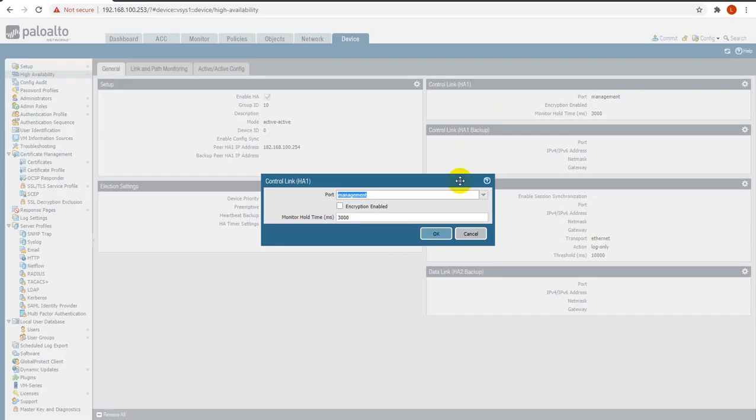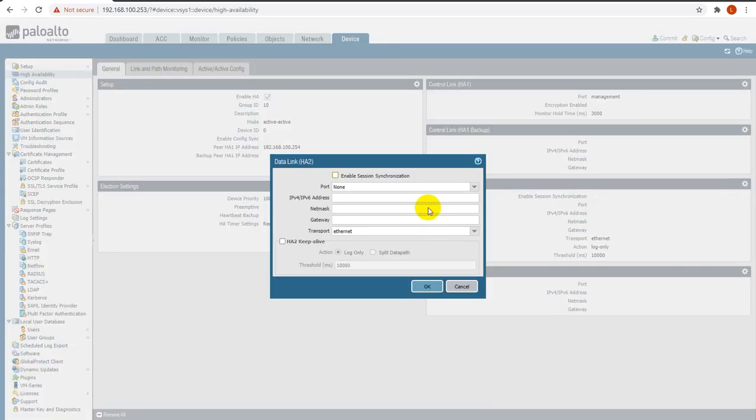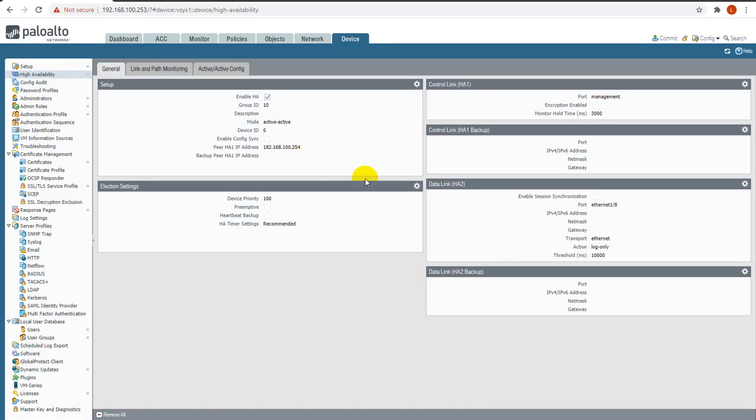After that, this one is our HA link 1. Which interface are we going to use? Management. We don't have an HA1 backup link. This is HA link 2. We are going to use our 8th interface, and this interface we are going to use for Layer 2 traffic forwarding. Okay, sorry, Layer 2, so Ethernet. If you want to configure it as Layer 3, you have to select IP address. But the recommended way, if both firewalls are directly connected with each other, is to use Ethernet mode. Okay, so this section is done.